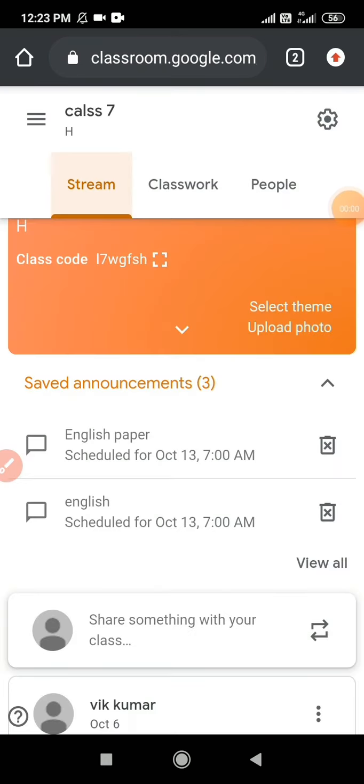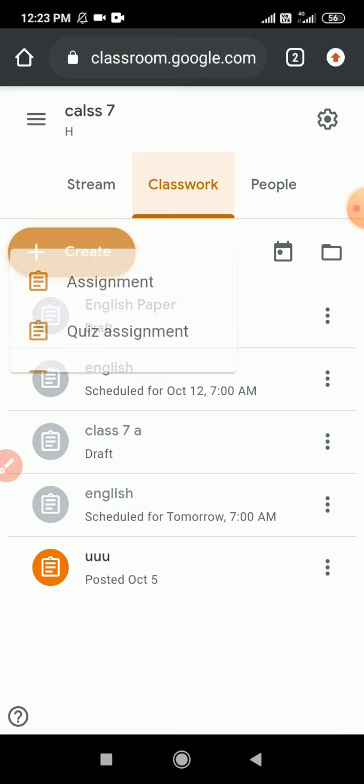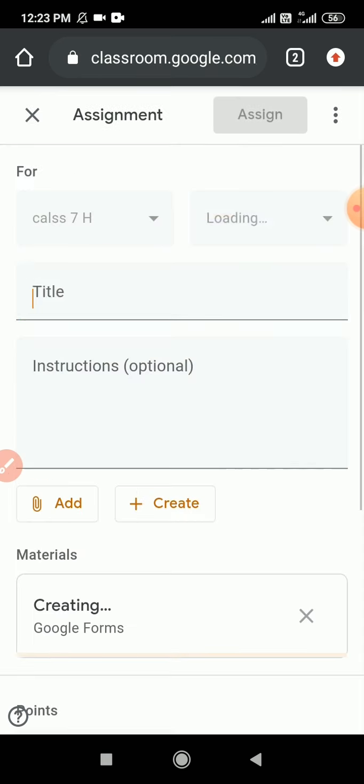I will show you the second method of posting the link in classroom. For that, first we will go to Classwork. When we go to classroom, it appears like this and we will click on Create. After that we will click on Quiz assignment.